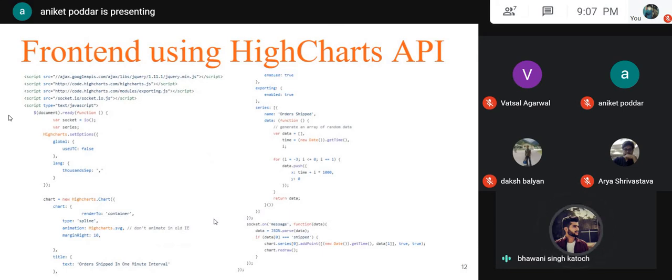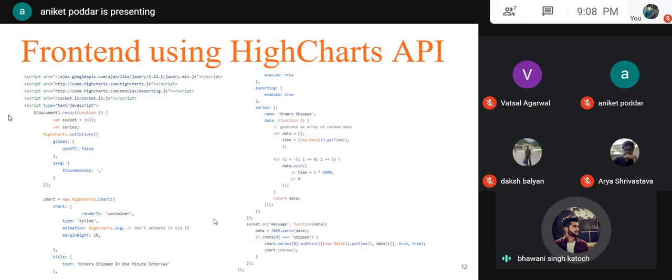Now next is the x-axis and y-axis. We will configure the ticker to be displayed on the x-axis, and on the y-axis also configure the plot to be displayed. Now next is legend. Configuring the legend to be displayed on the right side of the chart along with other properties. This is the variable legend. Next is series. Configuring the data to be displayed on the chart. Series is an array where each element of this array represents a single line on the chart.